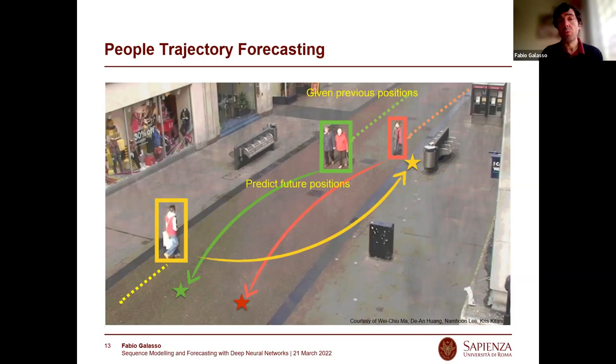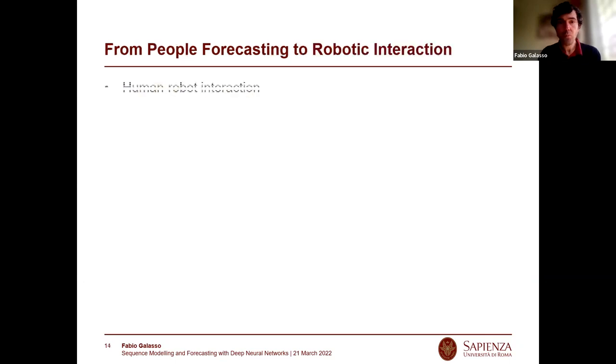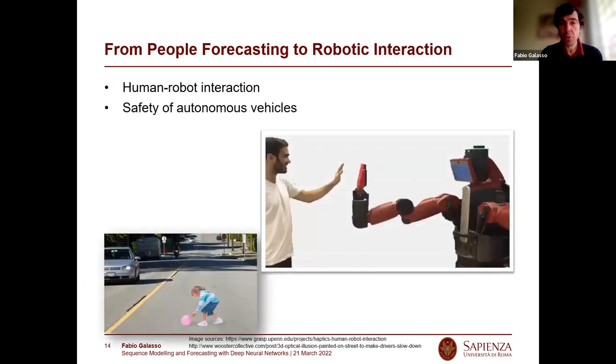So we know where they've been, world coordinates, and we want to predict the future. And also we are predicting the joints of people. So we know how they have moved, and we want to predict how they will move. And this is really important